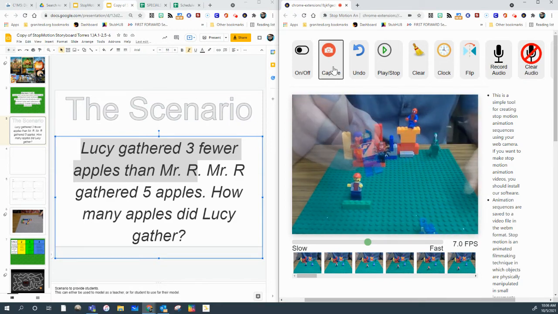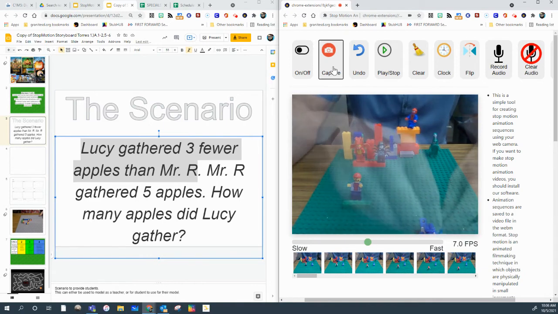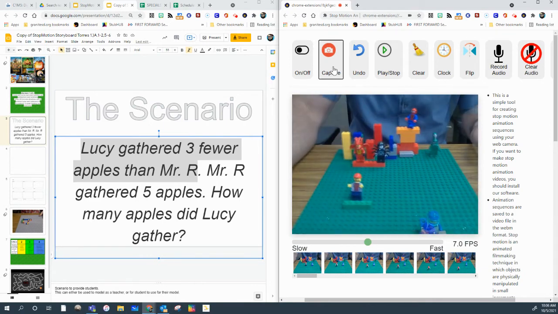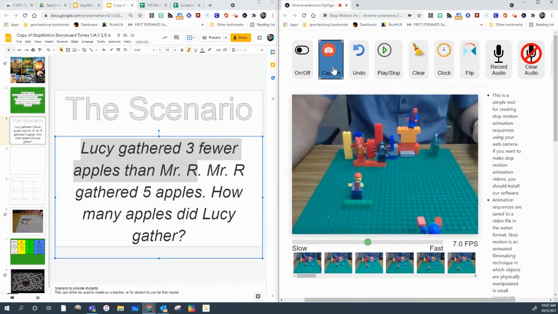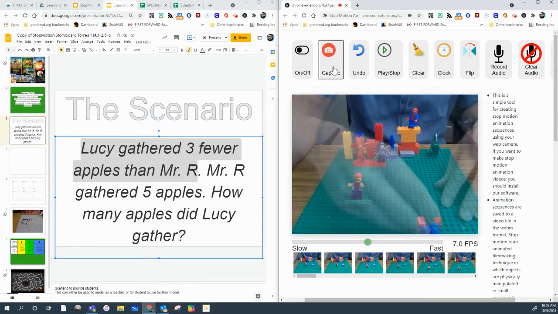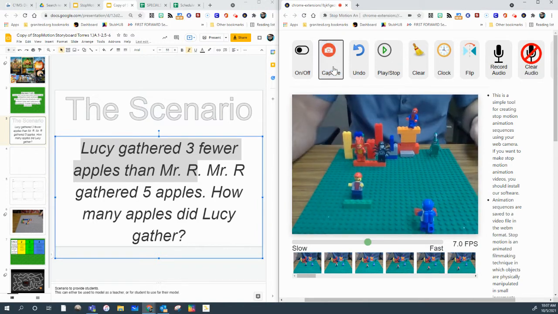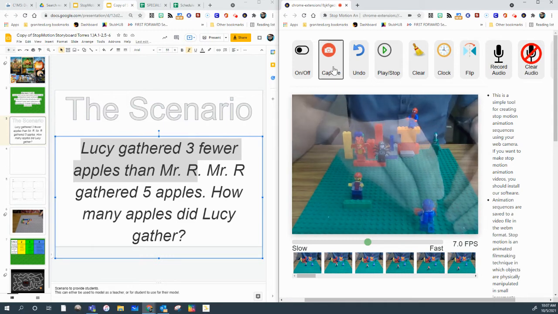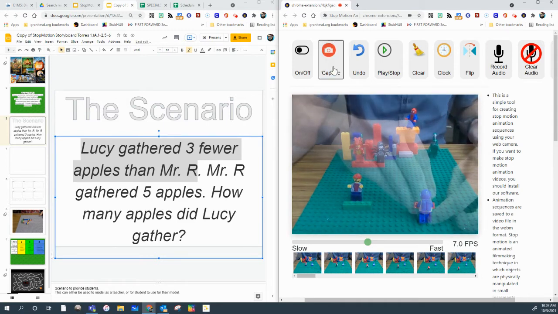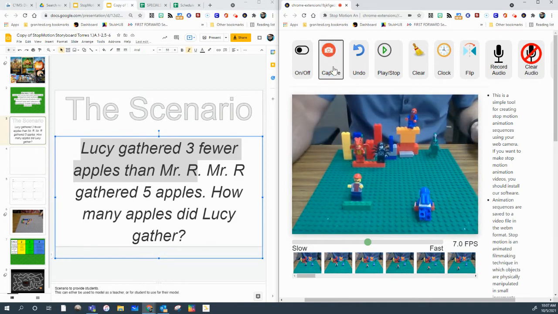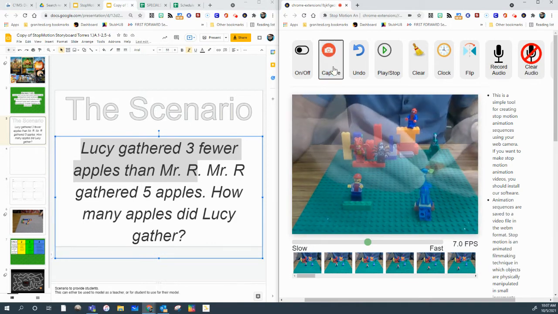So I'm going to have her carry 2 at a time, just like I did with my character. Got them on there, snap another picture, and then I'm going to turn her around because she's going to walk back. Snap another picture, and then move her forward a little bit, snap another picture, adjust her legs because she's walking, snap another picture. She's about where I was, so now I'm going to have her bend over to drop the apples. Okay, I'm going to take the apples off,